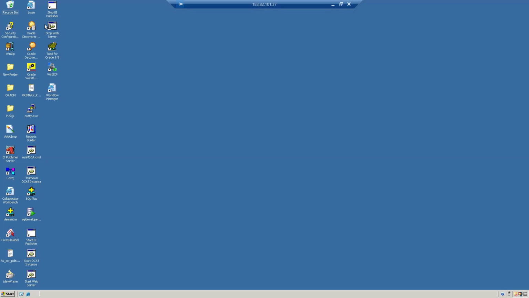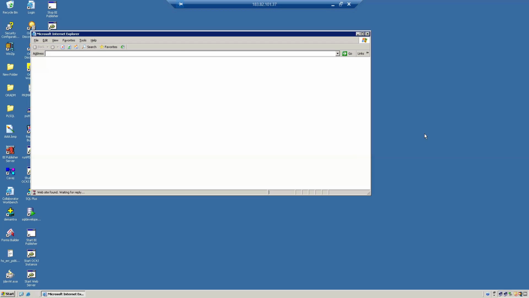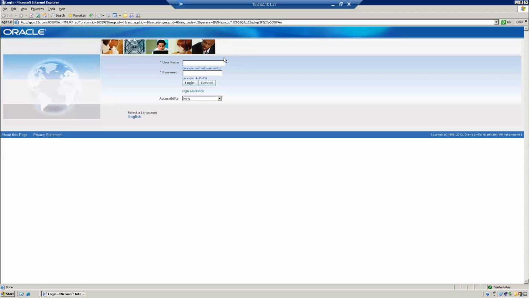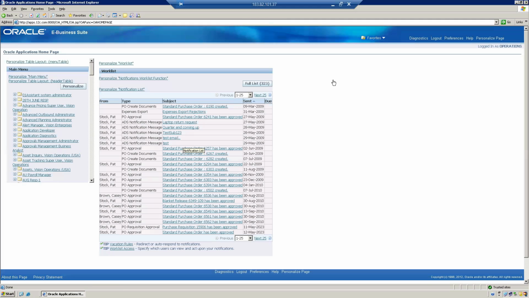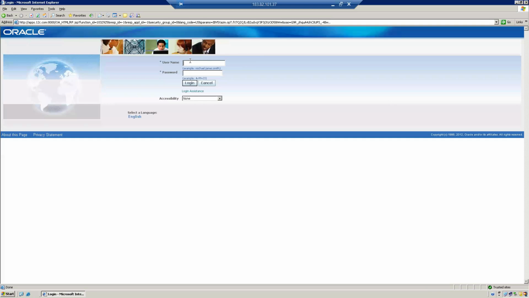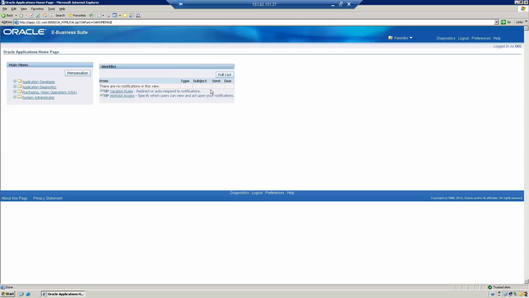Now log into applications. You can also work with your login. December is our login, right? We required the responsibility to work with the buyer. We need first